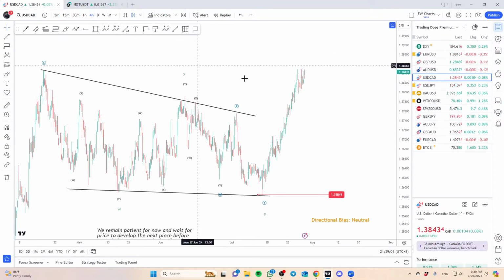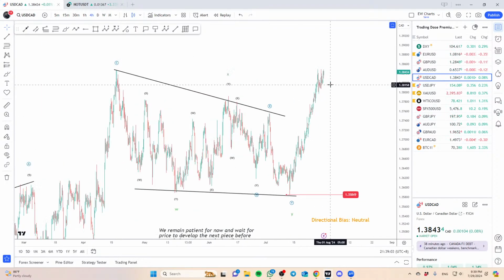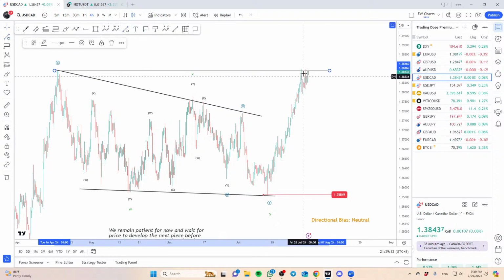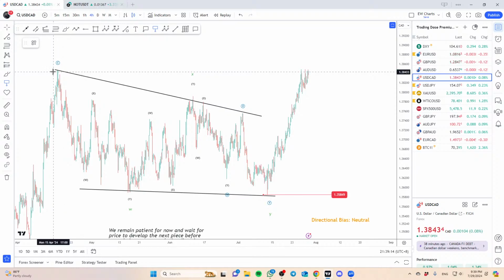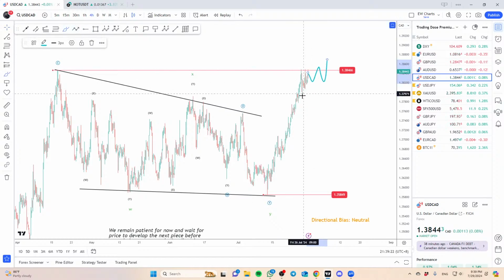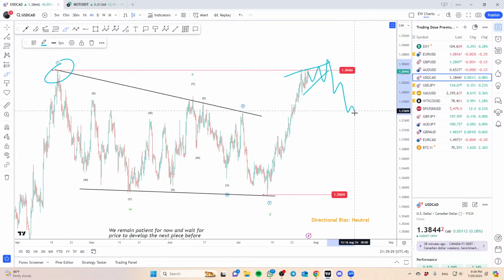Dollar Canadian, pretty impulsive break here as well. I think with the market currently testing this high, I would remain neutral for now. Really just want to see how the market is going to react off certain key areas. One or two things are likely going to happen. If this is going to continue to just crawl here, where the previous high is, I'll be very much interested to see if we can sell it down.